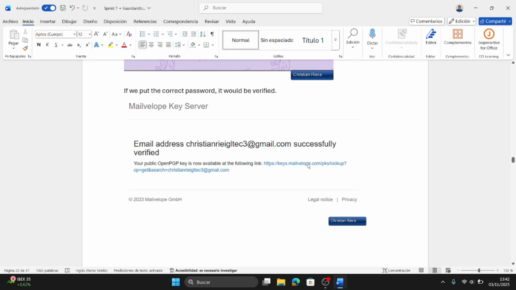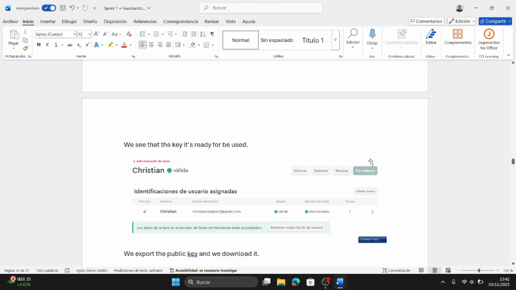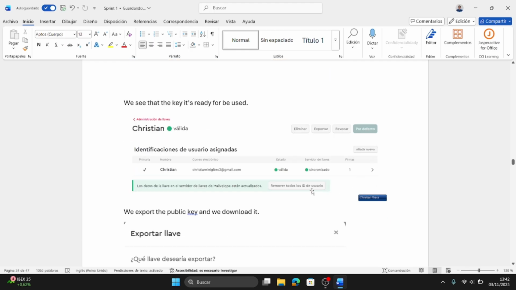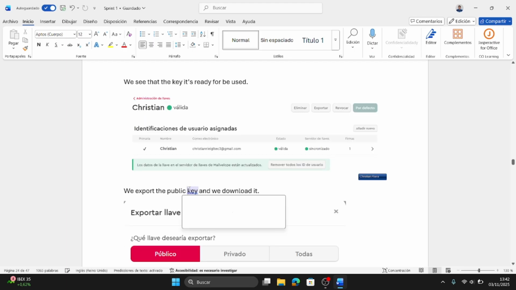Okay, we are going to see that the mail address is verified, and that the key server is synchronized with the account. And now we are ready to use Mailvelope, sending encrypted mails with the need of a key to see the content.